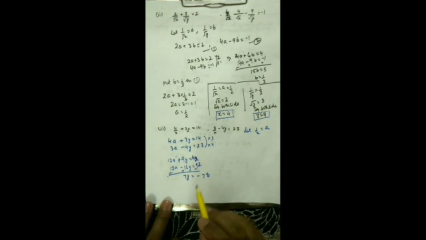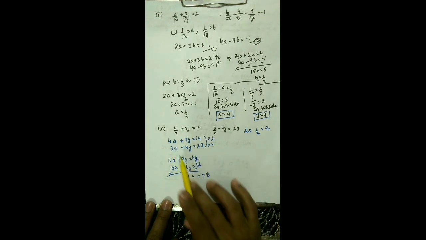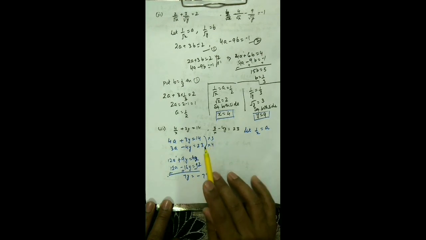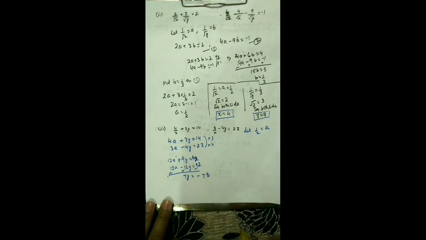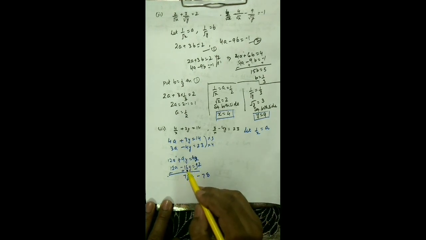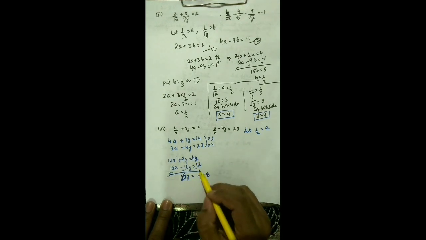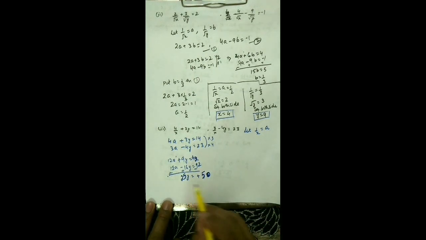Okay, some correction is required. 3 into 4, this is 12a, 3 threes are 9y, and 3 fours are 12, so 3 times 14 is 42, and 4 times 3a is 12a, this is 16y, this is fine, and this is minus 92, we have changed the sign, so this is fine. Now 16 and 9, you can see this is 25, so this is 25y, and the difference of this is plus 50. So your answer now is 25y equal to 50. So y will be 50 divided by 25, which is 2.